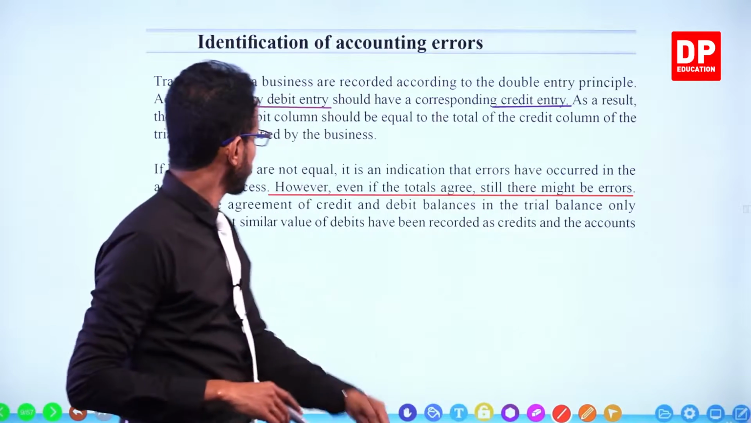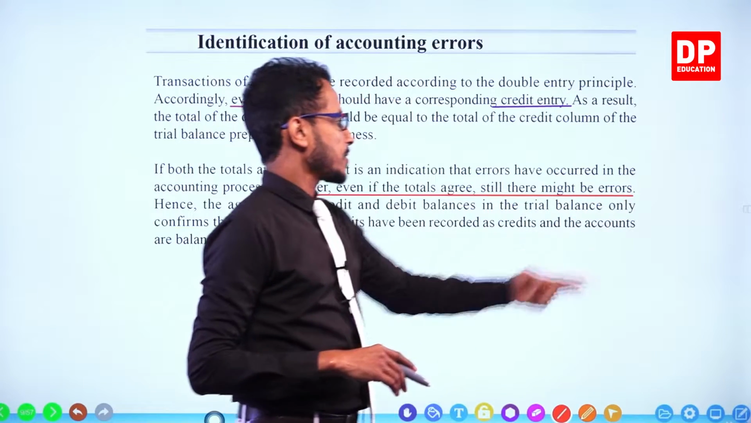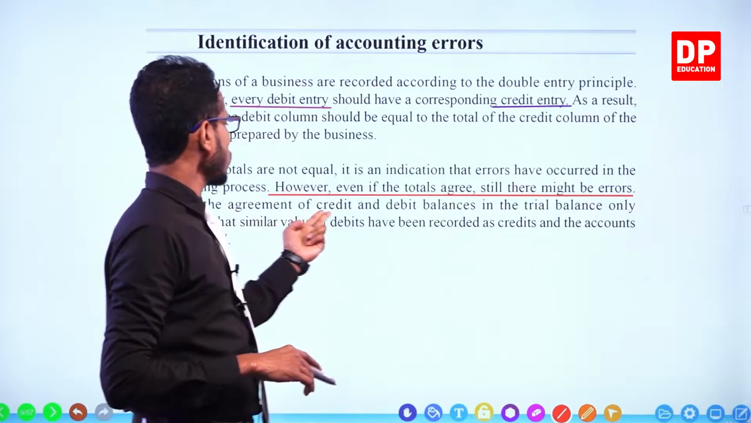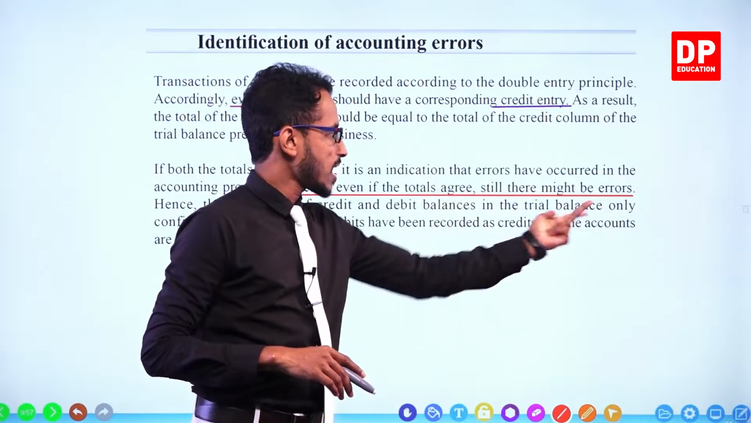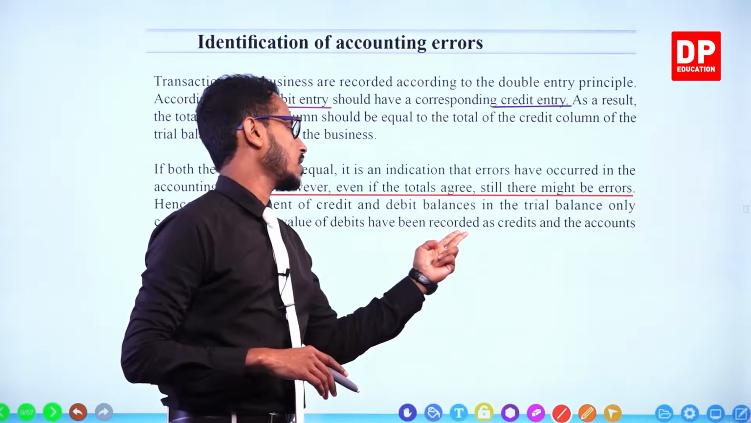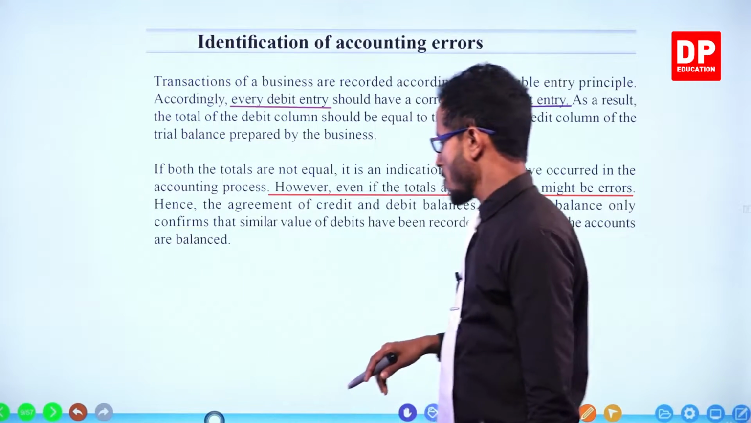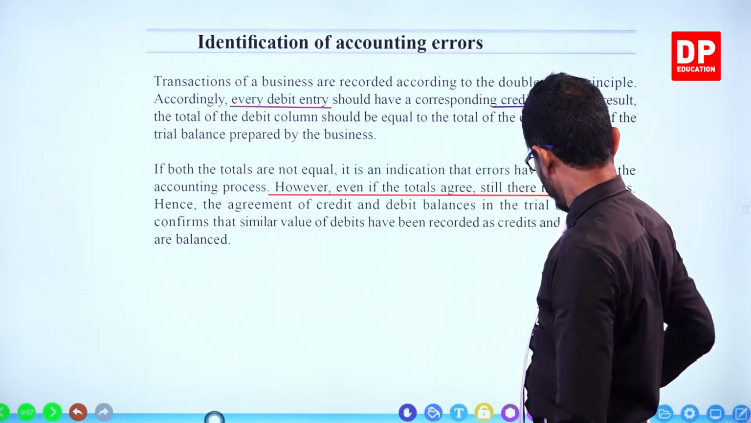There might be errors. However, even if the trial balance total agrees, still there might be errors. Hence, the agreement of credit and debit balances in the trial balance only confirms that similar values are debited and credited in the accounts. Well, that means, children,